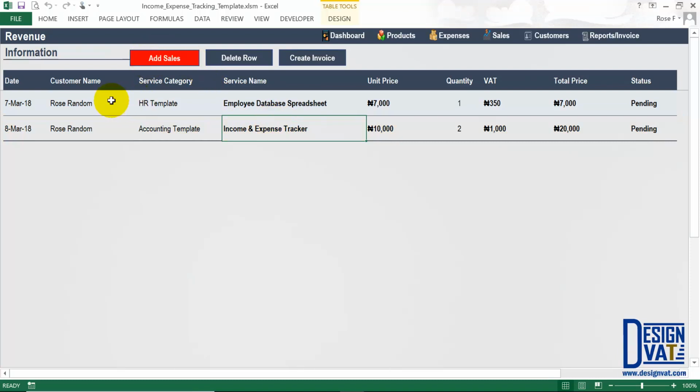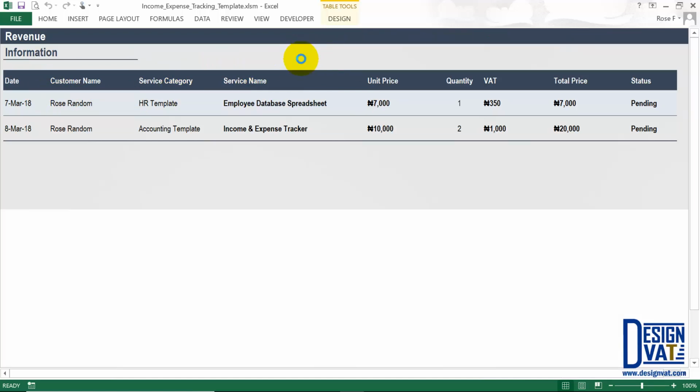Now let's assume that I want to turn an estimate into an actual invoice to send to the client. So all I need to do is, notice now we have 2 transactions. I simply click on the customer name of that transaction. So for instance, if I want to generate an invoice for this employee database template, I simply click on this row here. Notice it's highlighted. Then I simply click on generate invoice. And the template will automatically generate an invoice